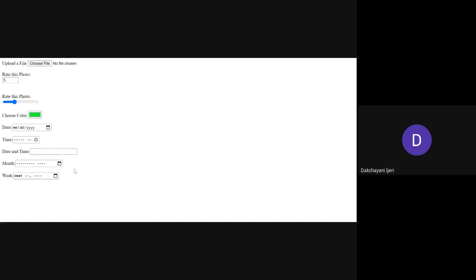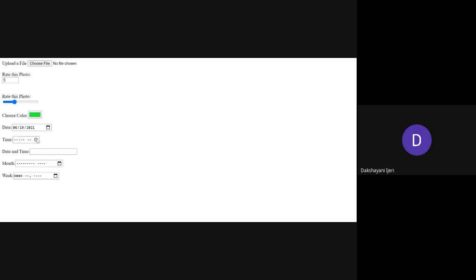So the next one is the date. When you take the input type is equal to date, you can see here this is the format shown, that it is going to read the date in terms of the month, followed by the date and followed by the year. And once you click here, I think even the calendar is also not visible for you. So once I click on this input here, it is going to display the calendar through which you can select the year followed by the month and followed by the date over there. Okay, so this is 19th June 2021.